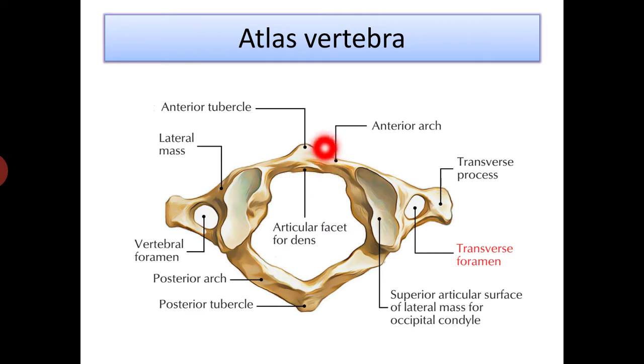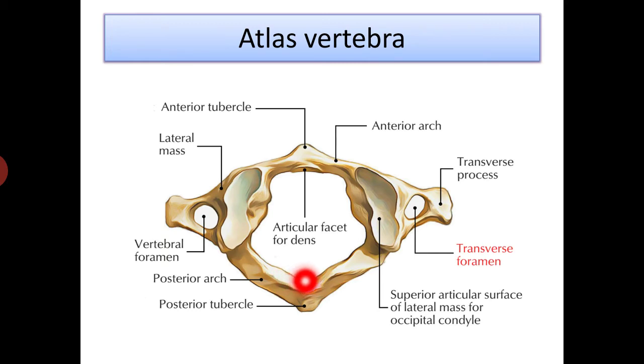Okay, and forming the atlantoaxial joint. Okay, so posteriorly it has a groove for the facet for the dens. Okay, then the upper surface of the arch, you can see the posterior arch here. The upper surface is the rough one in the anterior arch. Now see the posterior arch. The posterior forms 2/3 of the ring. Okay, and it is much longer and thicker also than the anterior one, and